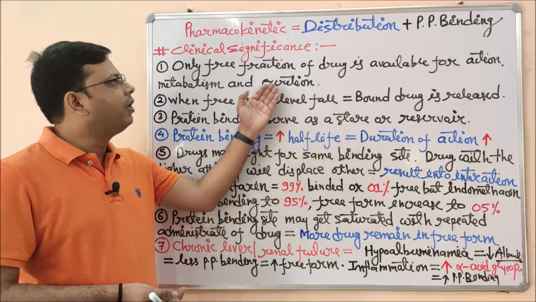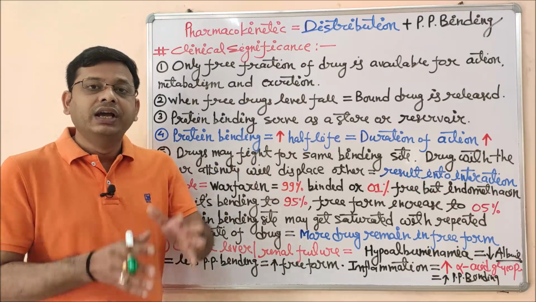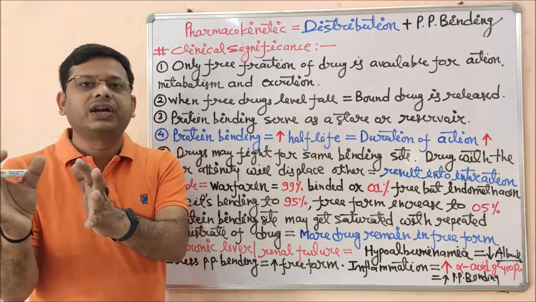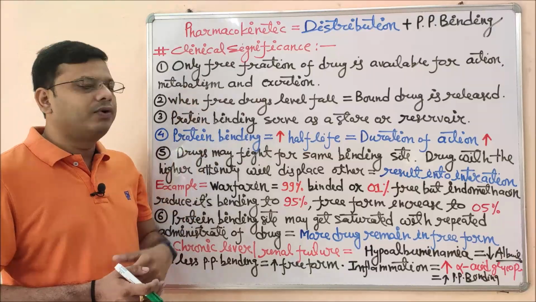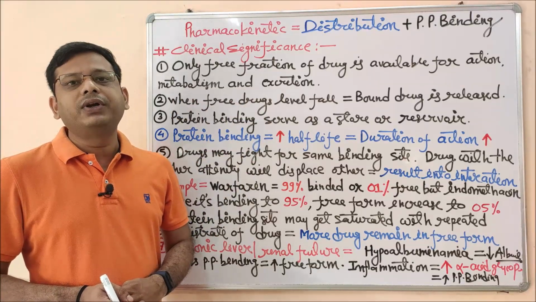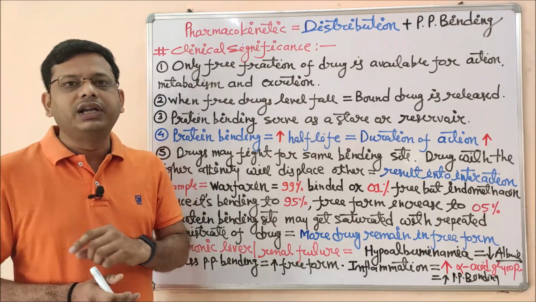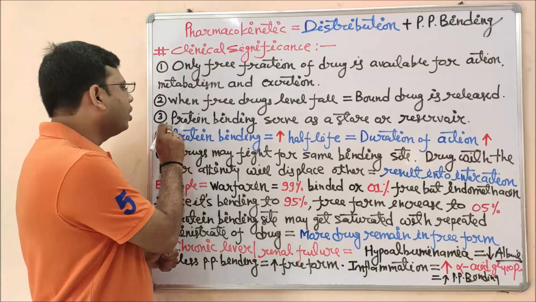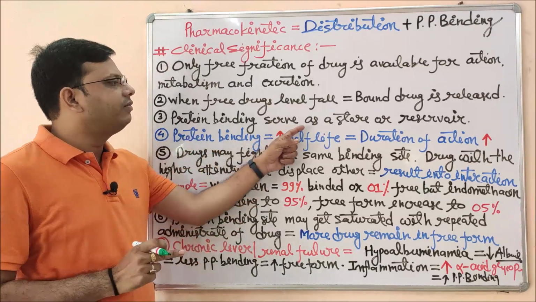Those drugs which are bound by plasma protein will now slowly be released by that plasma protein, and that bound drug becomes free drug. Now that free drug will produce its pharmacological action. Again they will go for metabolism, and finally they will go for excretion. So until the free fraction of drug is available, the plasma protein binding will not be released. This is an important factor.